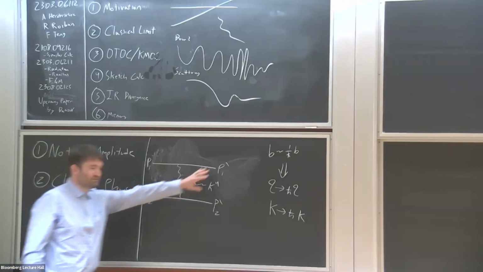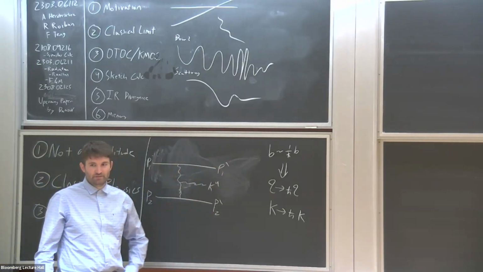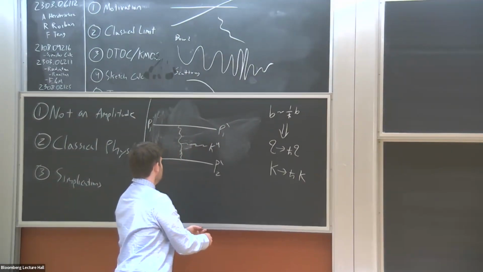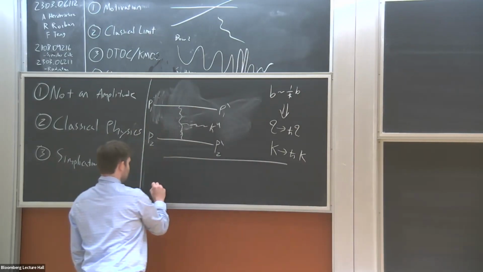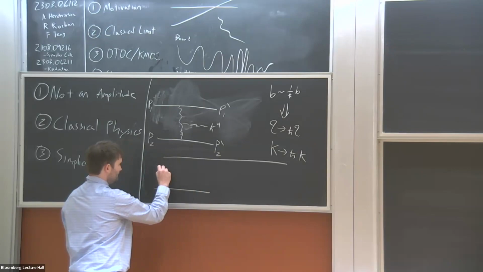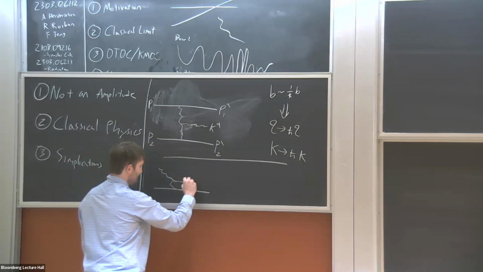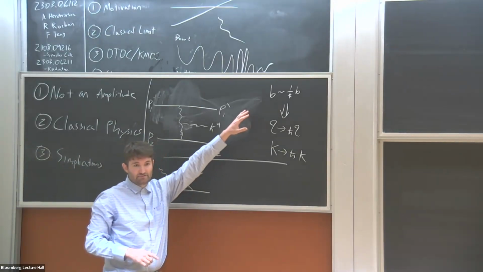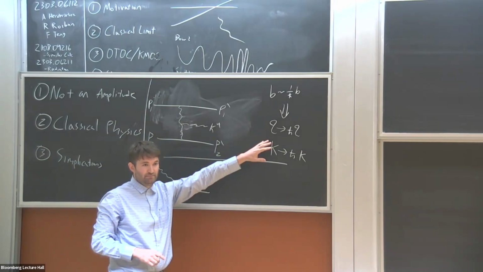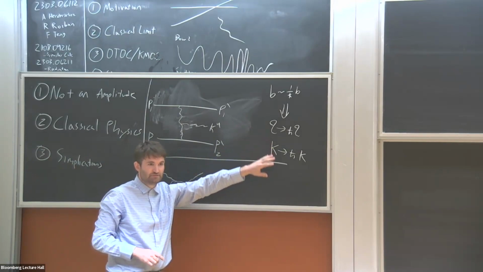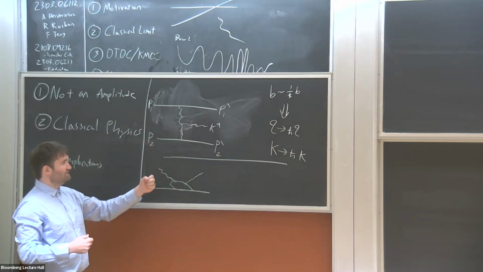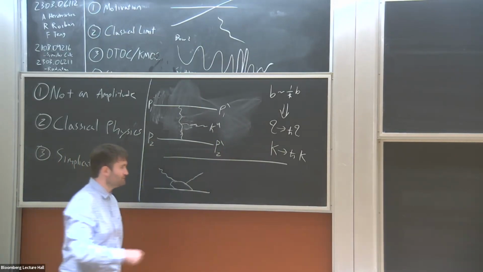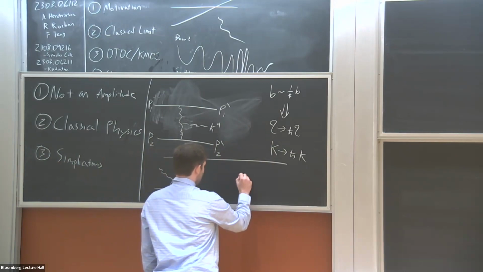Now we get into why I'm going to make the statement that the amplitude does not have a valid semi-classical limit. You already see an artifact of this at tree level. So at tree level, let's consider the process: one black hole comes in with some radiation, the scattering process happens, and then the black hole goes out with some radiation. The impact parameter doesn't actually matter here, but I still take the limit that the external momentum of the gravitons is asymptotically soft. If you take the tree level amplitude and do the expansion in which the outgoing graviton momentum is asymptotically soft, you find that the amplitude takes the form